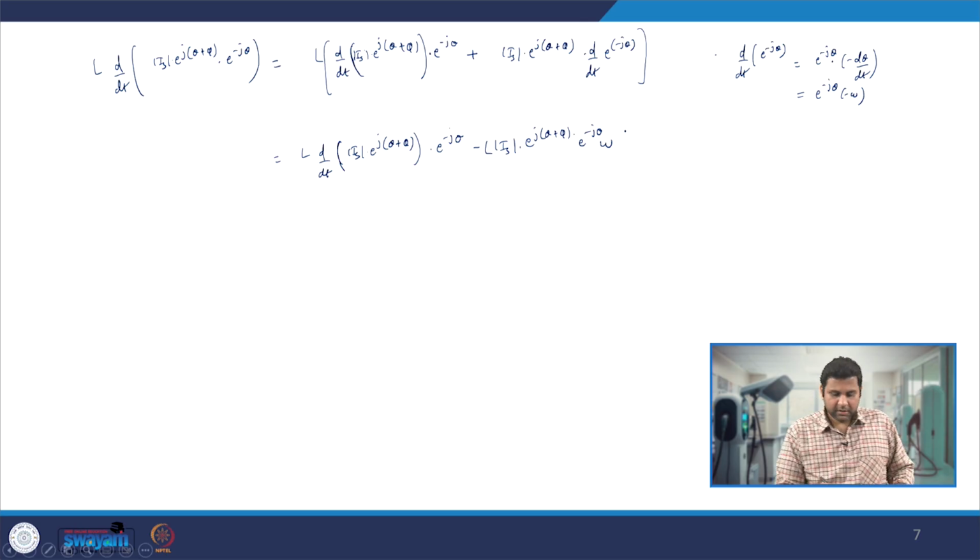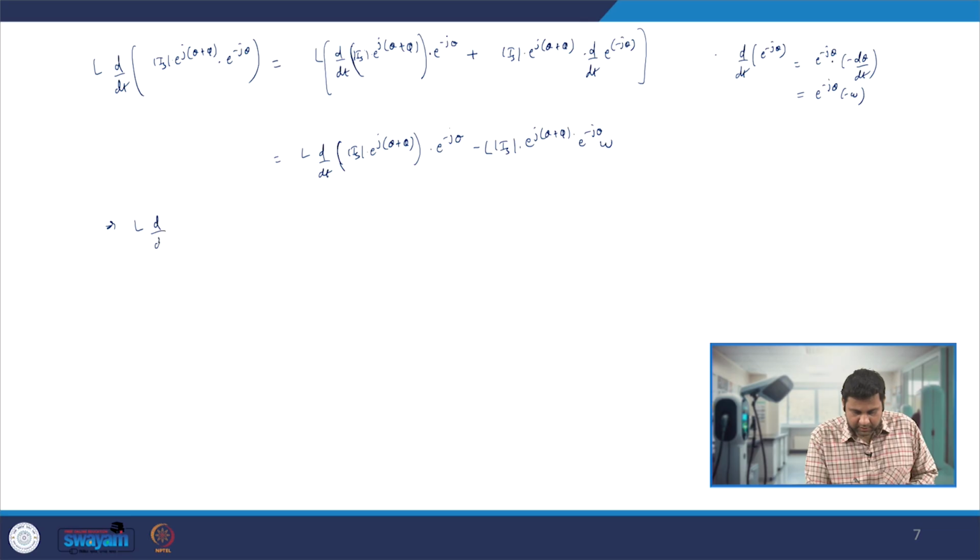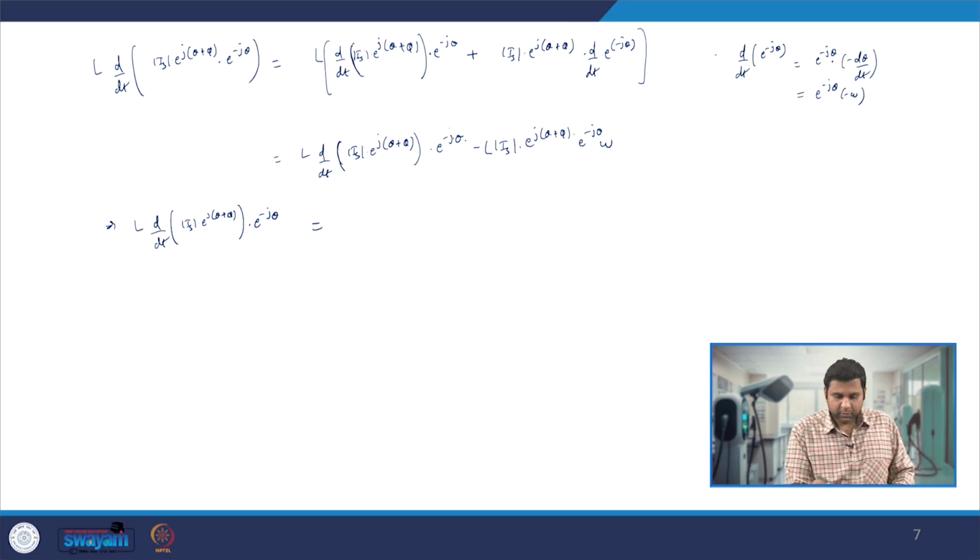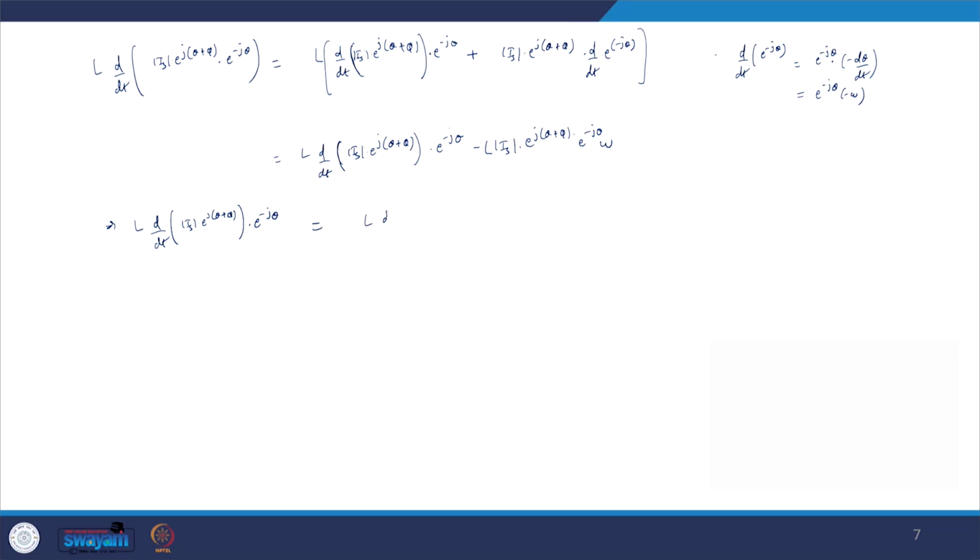Now we can rearrange this term and this term. So what we will get, L d by dt of Is e power j(theta plus phi) e power minus j theta, this will go that side, is nothing but L